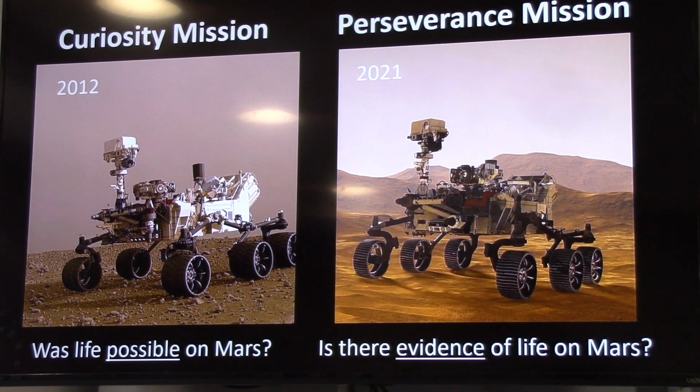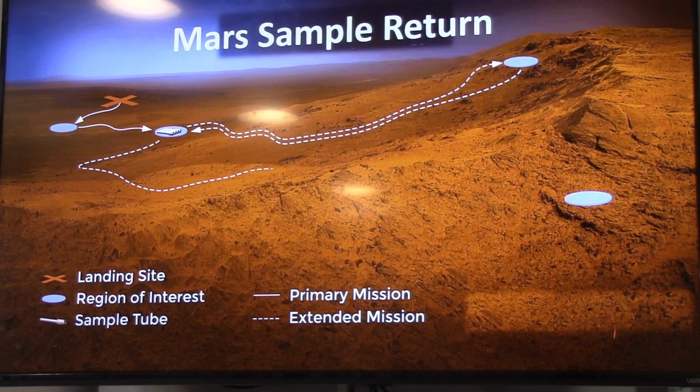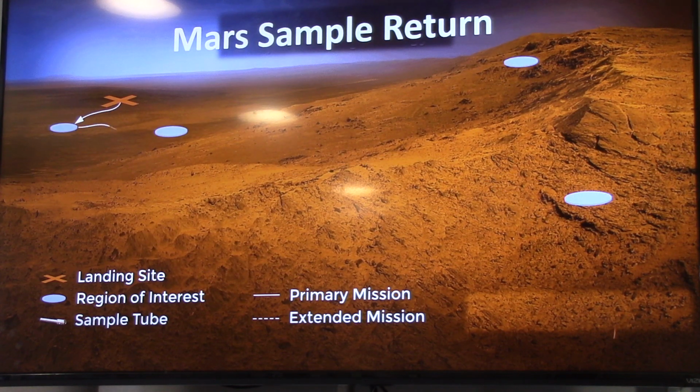The mission for Perseverance is a taller order. 2021, that date's important here in a second. They're looking to see if there really was life, or is, but that's always fingers crossed. And this is how they want to do it. You've probably heard of the Mars sample return. It's really exciting. They're going to go around with Perseverance. It's going to pick up